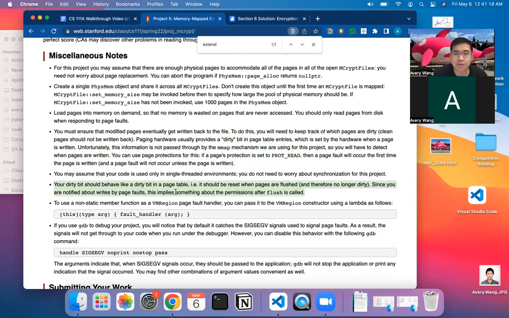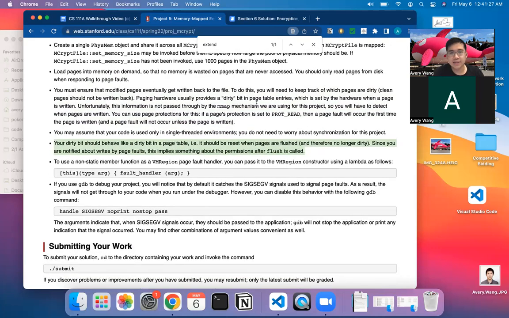Yeah, and this part was referring to when you flush something, it's no longer dirty. So you have to switch from read write back to just read. Cool, I think that's it. Oh yeah, but I think maybe just to be super clear, let me